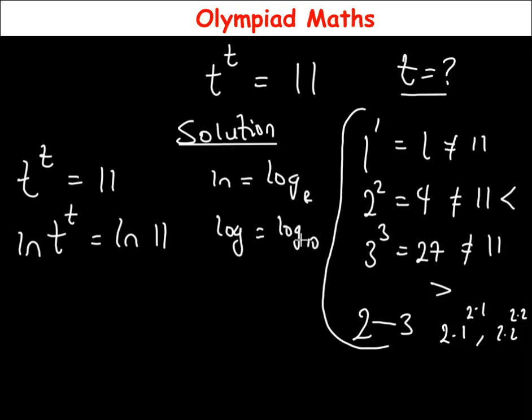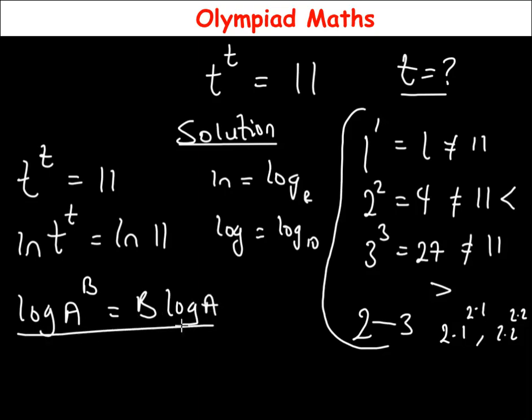So we can apply the property of logarithm to natural logarithm. If you have logarithm of a raised to power b, then the power b becomes b times logarithm of a. So applying this principle, power t becomes t times ln t,